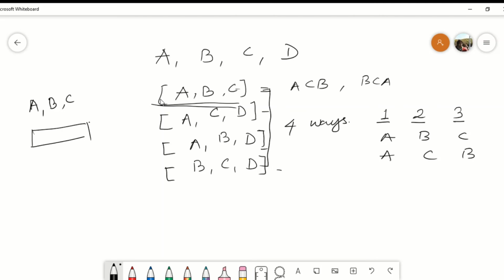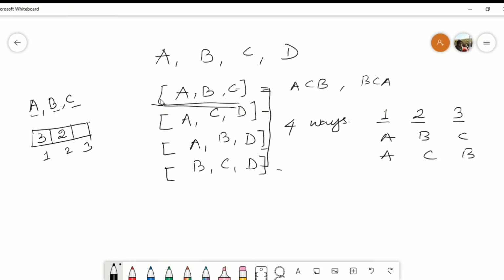So there is a very convenient way, the box method, which we'll explore more when we solve the problems. So what this says is, let's say I have to fill these 3 positions, right, with these 3 things. So how many ways can we do that? So the first box I can fill in 3 ways, because I can put either A, B or C here. When I put one of these here, I am only left with two things, right? Since repetition is not allowed, since they have to be distinct, I only have 2 ways of filling it.